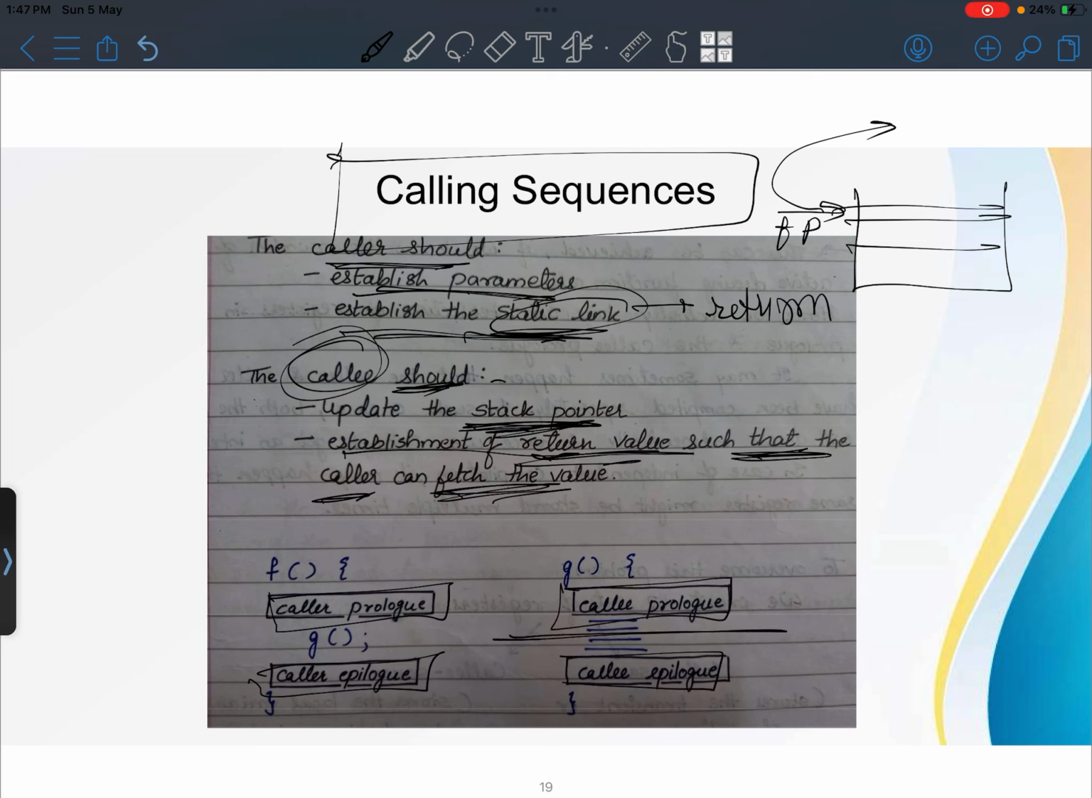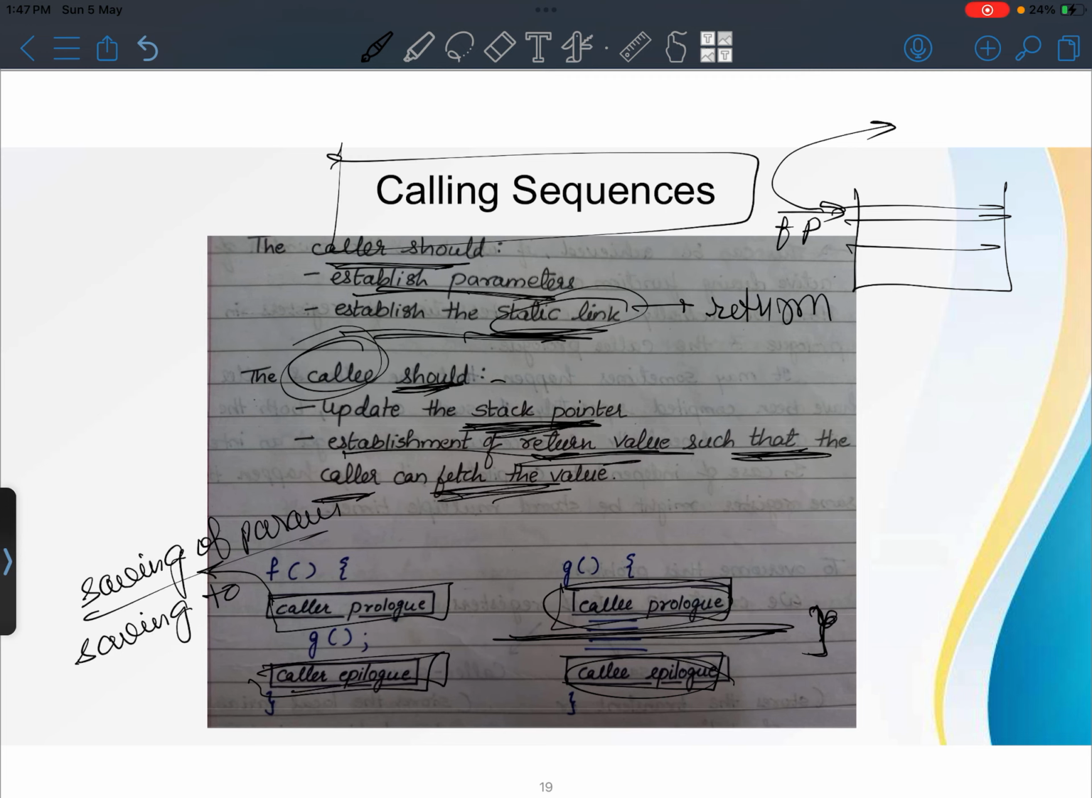There is no clear line. Like, what is caller prologue and caller epilogue? Caller prologue is just saving of parameters, saving of return address, and pushing it into the stack. And what is caller epilogue? The fetching of the answer given by the callee function,